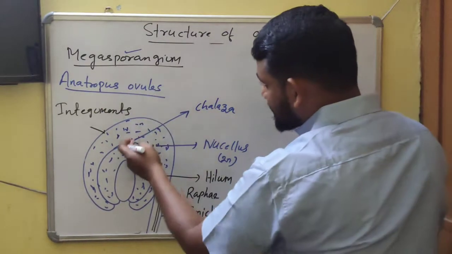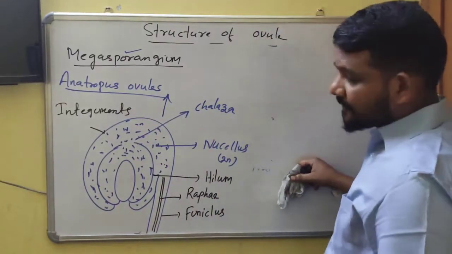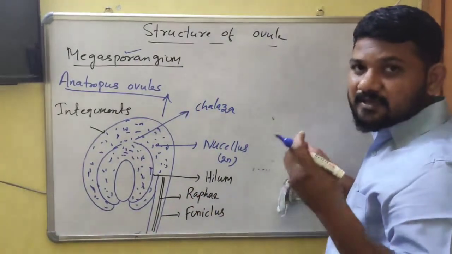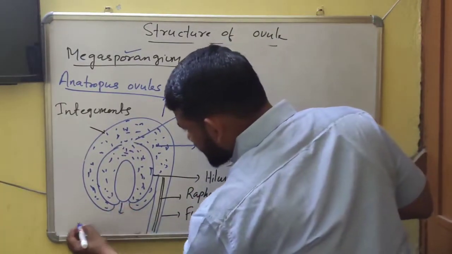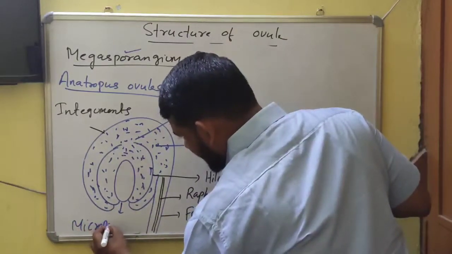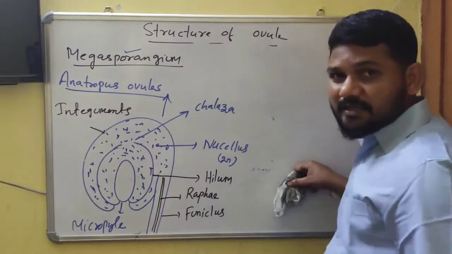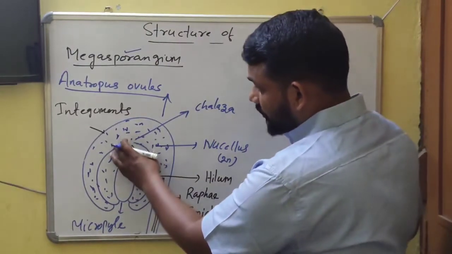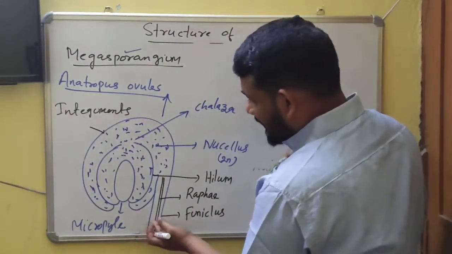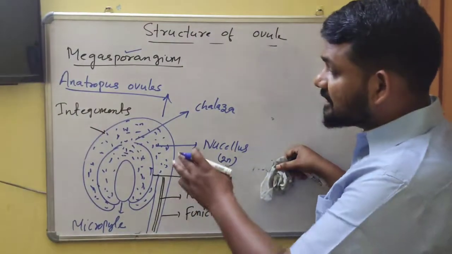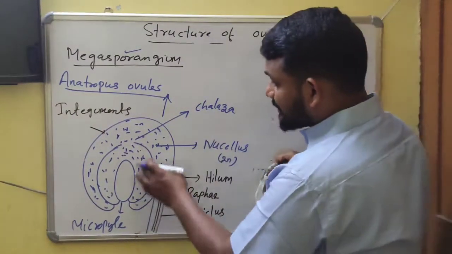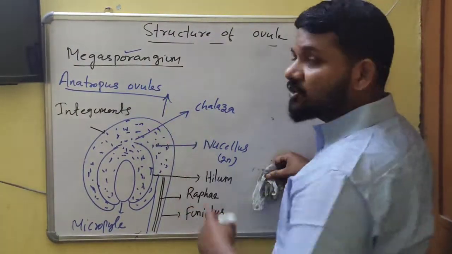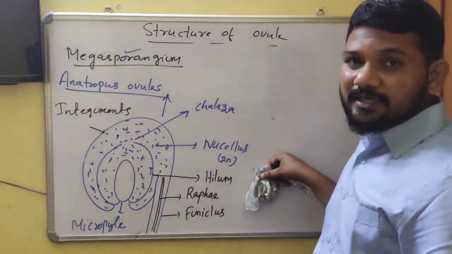The side towards the chalaza is called the chalazal side. If you observe this region, the integuments are not complete. They leave a small pore, and this pore is known as the micropyle. The side towards the micropyle is called the micropylar side. In the NCERT textbook diagram, the body of the ovule is towards the bottom and the axis is towards the top, because it is an inverted ovule. I drew it straight, but actually the shape of this ovule is inverted. That's why the anatropous ovule is also called an inverted ovule.